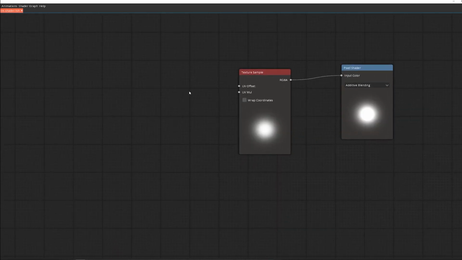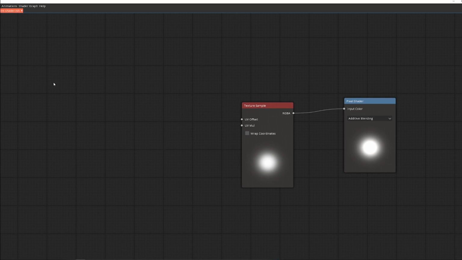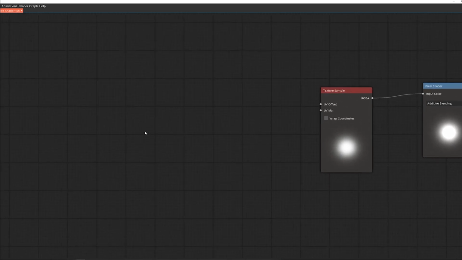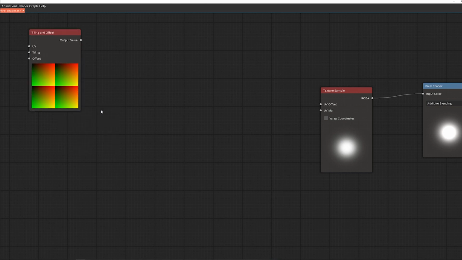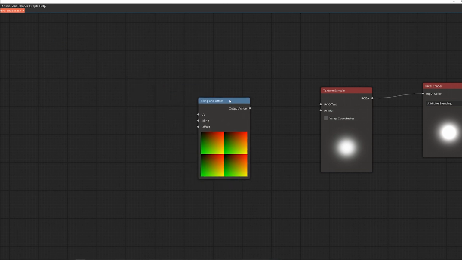My plan of action for the distortion effect is to take a distortion noise and scroll it diagonally before we apply it to this glowing circle. Our best friend here is the tiling and offset node. By default, it tiles in 2x2 size. I'm going to set the tiling to 1, so it's just one full texture. And then I'm going to use the time node to make the offset change over time in both X and